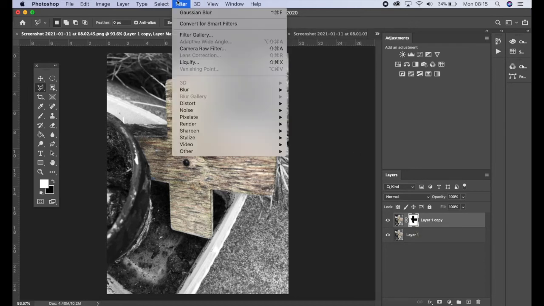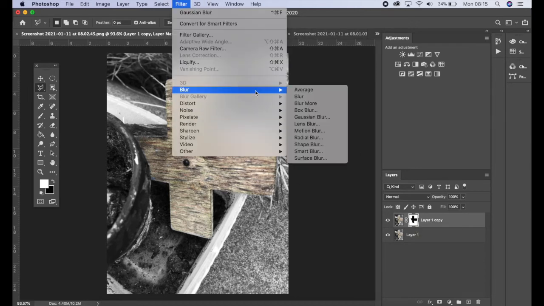So what we're going to do is go to filter and go to blur. Now there's several variations. I tend to use Gaussian blur for this. Lens blur is quite good as well, but I like the Gaussian one. So if you click on Gaussian,